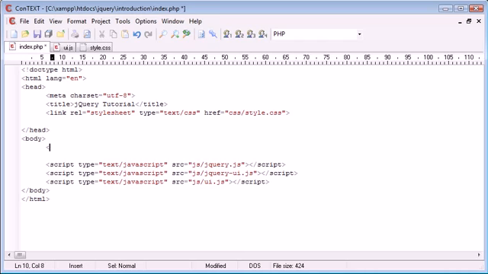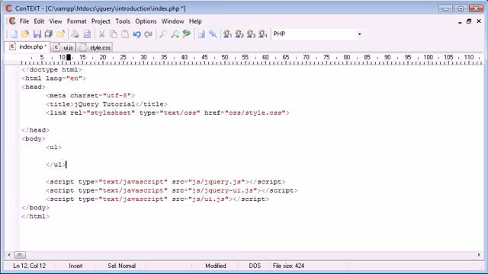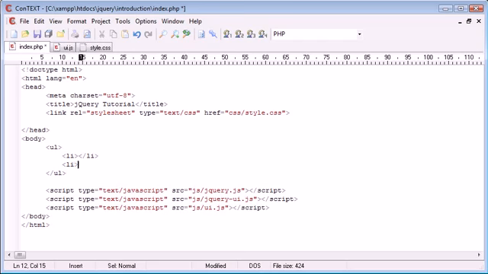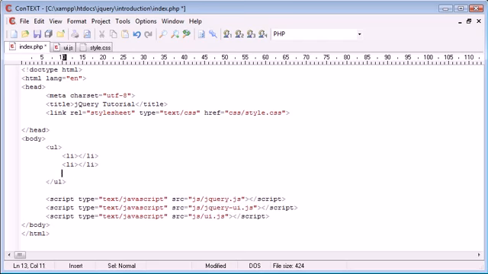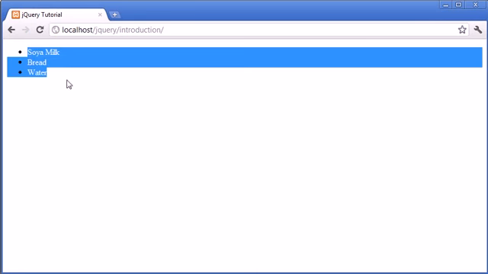So the first thing we're going to do is create an unordered list, and inside here we have each li element, and I'm going to have 3 of these for 3 different items. This works with an unlimited amount of items within li tags, so you can add as many items as you want. So I'm just going to go ahead and create a few items here. And now that I've done this, let's go over to our page, and you can see that we have something